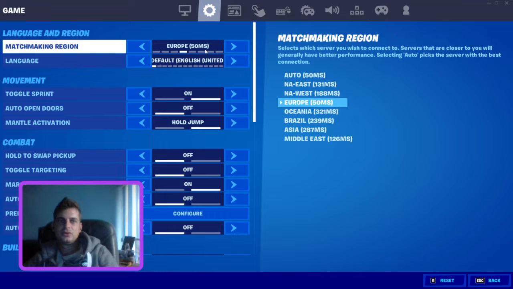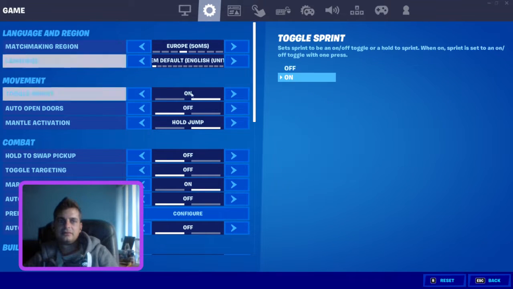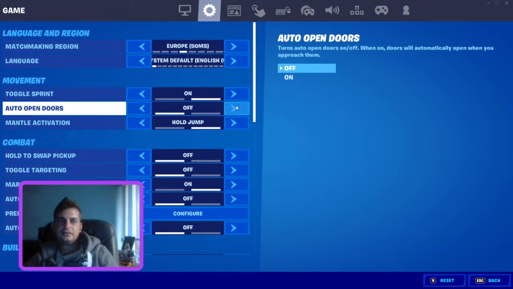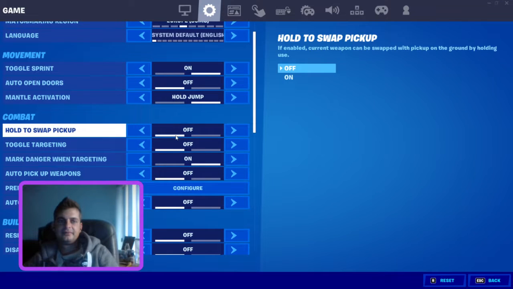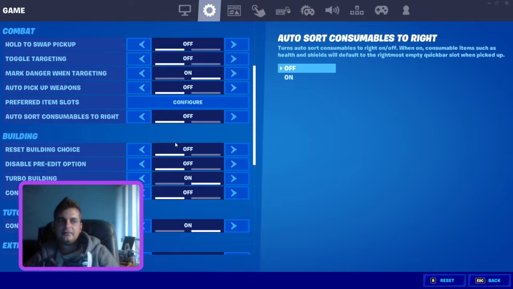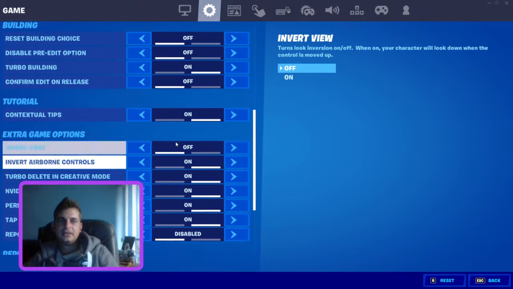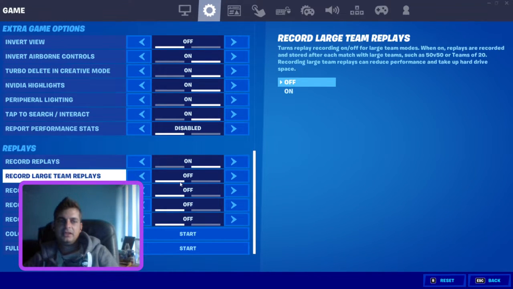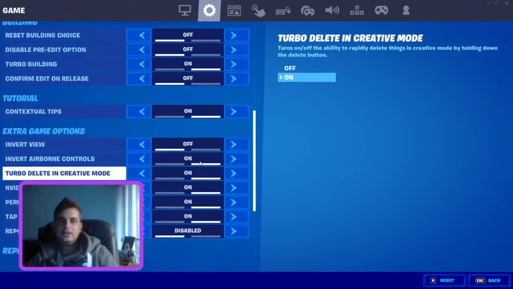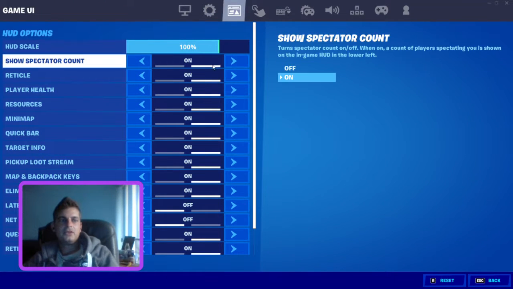Here on the next menu you can choose your region, your language, movement details, how to open doors automatically or not, your combat settings, building settings. Building settings is only for building mode. And replay settings, because this game also offers replay, which you can check. HUD scale,